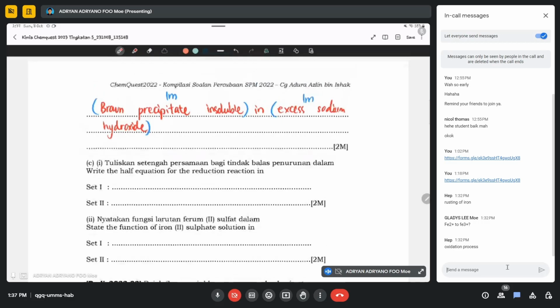Okay, next, tuliskan half equation for set 1 set 2。Senang kan？刚才 set 1 是 Fe2+ 变成 Fe3+ 加一粒 electron。But 它要什么 reduction reaction，看到吗？学生就讲 senang lah tulis saja，but 现在还要 reduction，and then 你知道 reduction 一定是 accept electron，so whenever you know it accepts electrons,